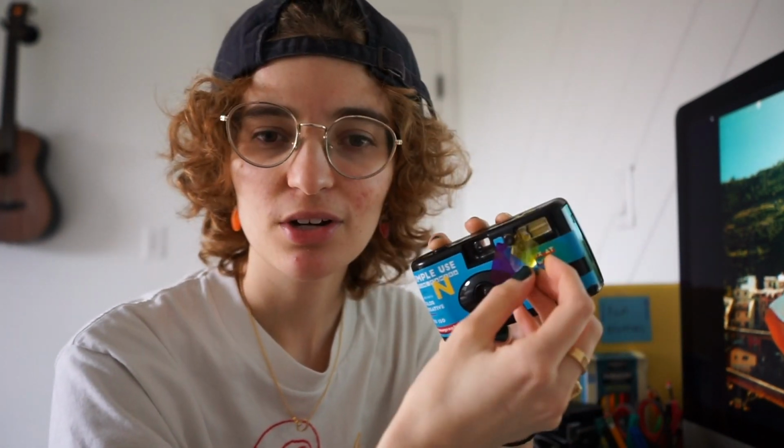So essentially, these are little color gels that go over the flash, that when you take a photo with the flash on, it will emit a colored light based on whatever gel you put. So imagine you take a picture of your friend. If you were to put this magenta one on the front like this, if I were to take a photo with the flash on of my friend, they would be cast in a sort of magenta-ish light, which is really cool and gives a lot of opportunity and room for creative expression, especially something that I wouldn't expect with a